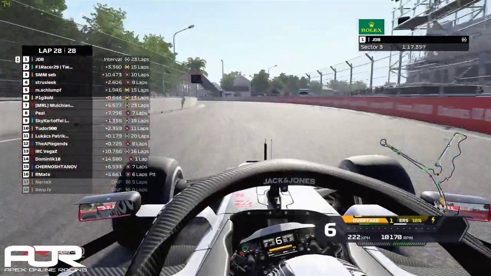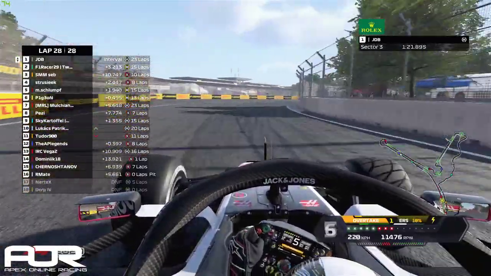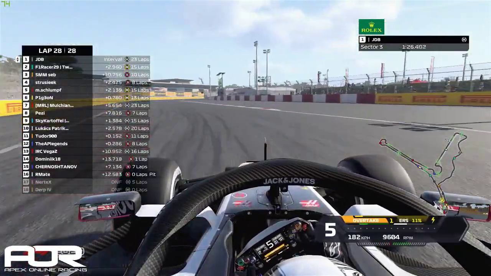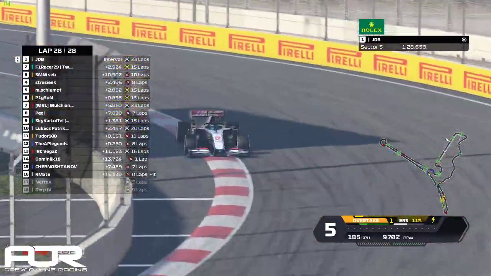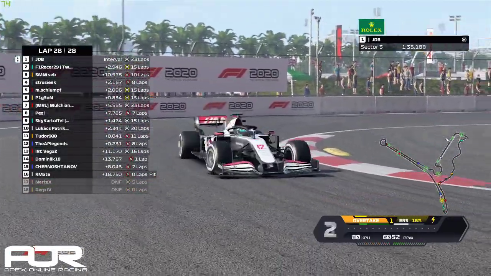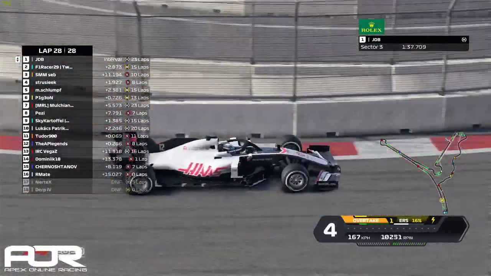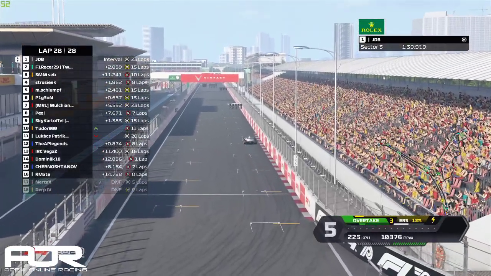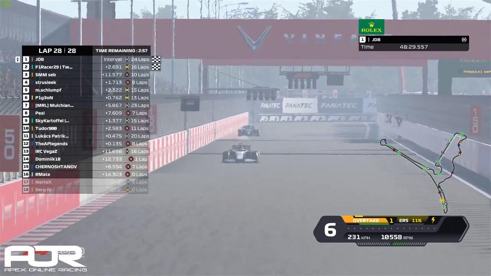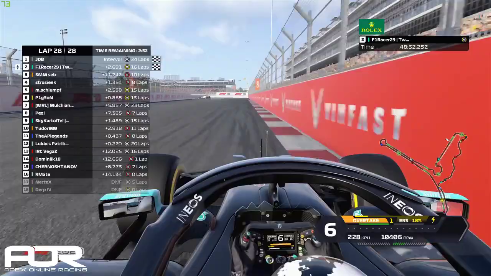JDB is in the last corners, last sector, coming to take the P1, bringing it home. Hold on, I just want to check if he has a penalty or not. If he has a 3-second time penalty, it's going to be really close. F1 Racer might win the race. No penalty. Yep, and yeah, JDB, I think JDB just wins the Vietnam Grand Prix in Hanoi Street Circuit, and F1 Racer comes in P2, and